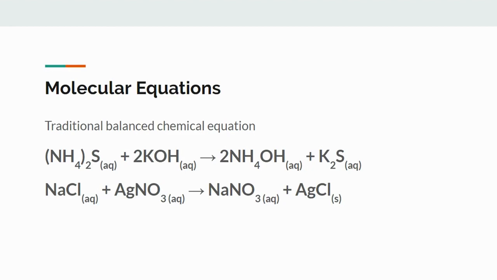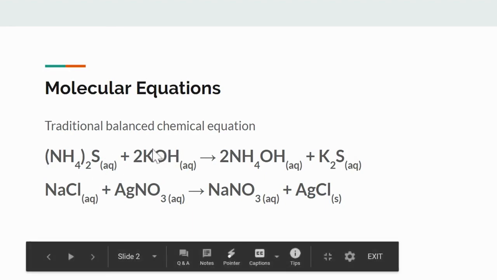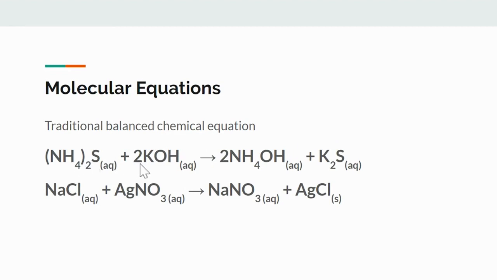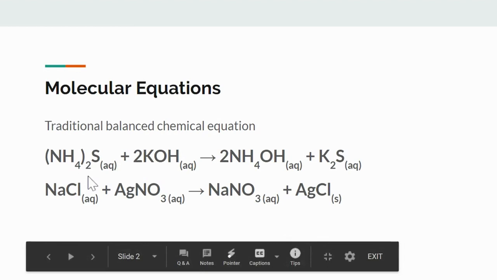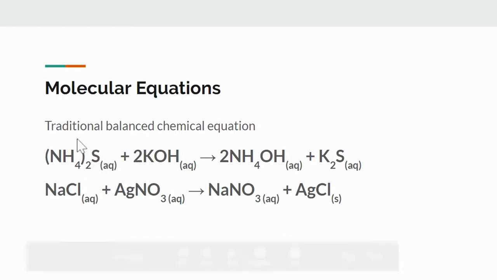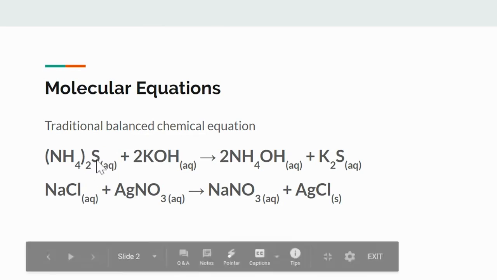For example, we have ammonium sulfide reacting with potassium hydroxide, and then the products of that are ammonium hydroxide and potassium sulfide. And you'll notice that we applied our traditional balancing rules, so we had to balance out everything with these coefficients. And then to get these subscripts, that's based on the swap and drop rule for our charges of our ions